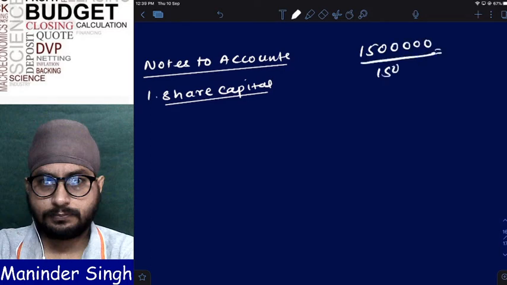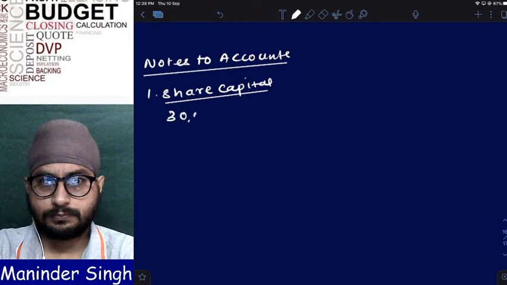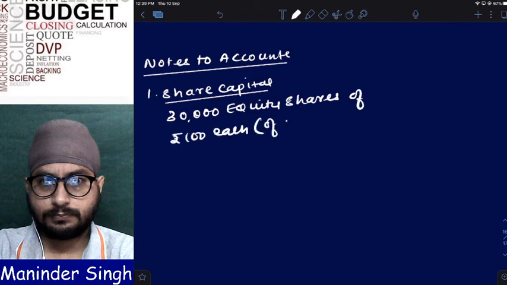How many shares am I issuing to the other company? 10,000, right? So how many shares in total? 30,000 equity shares, in brackets, of rupees 100 each, in brackets, of which